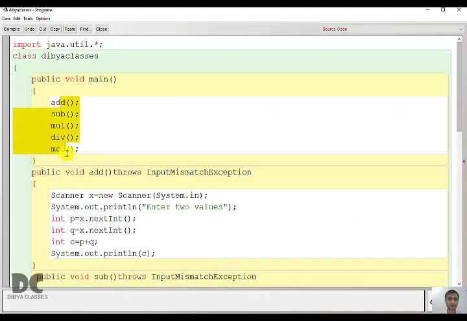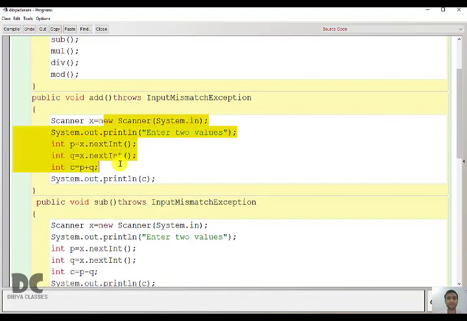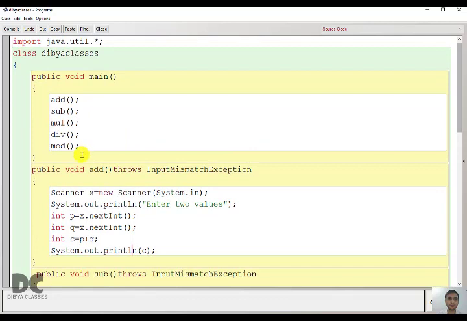So now we are just calling, and the employees are taking the value from the client directly and also telling the answer to the client directly. So what is your job? Basically nothing. They are doing everything by themselves. You are just calling them. You are just doing what? You are just calling them.